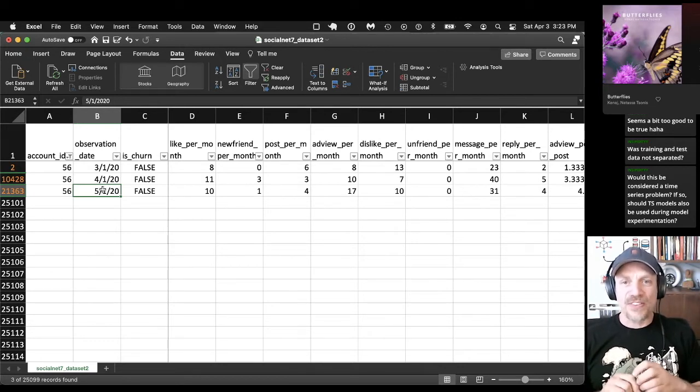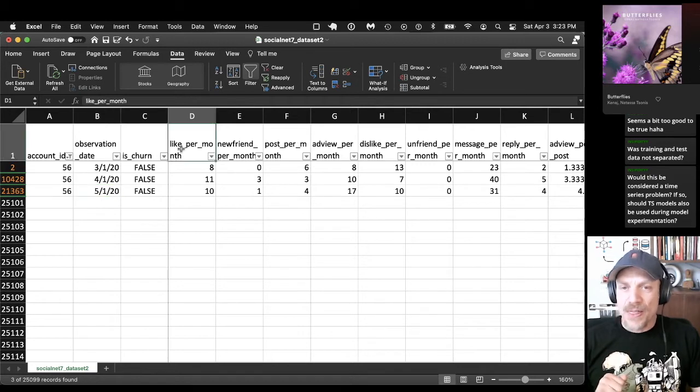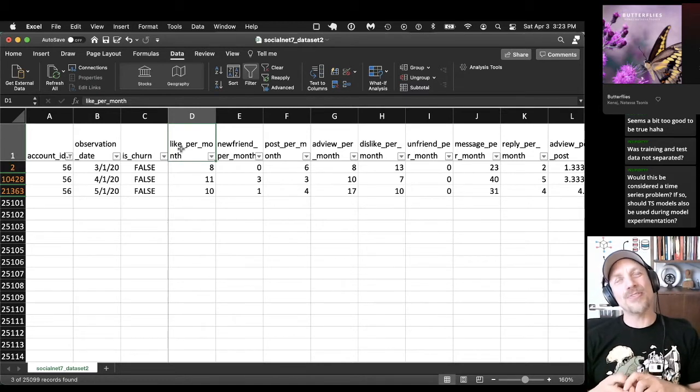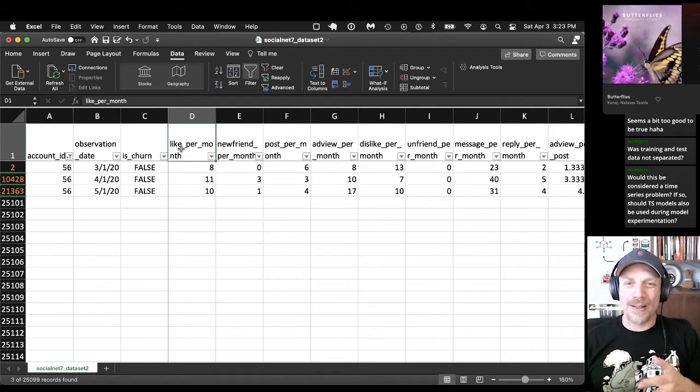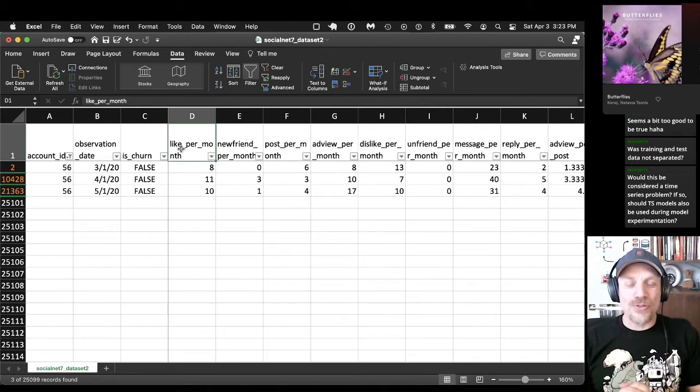Now, in a standard time series model, I would use metrics like the likes per month on a particular date. How do time series models usually work? You're multiplying a point in the past by a particular multiplier. So I don't use time series models like a GARCH model.